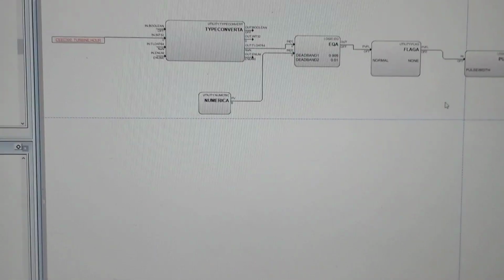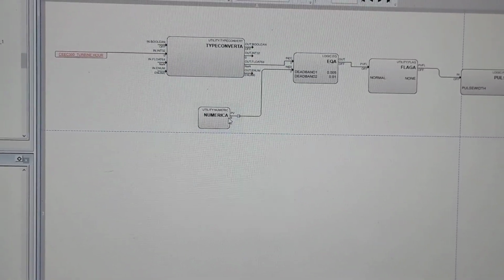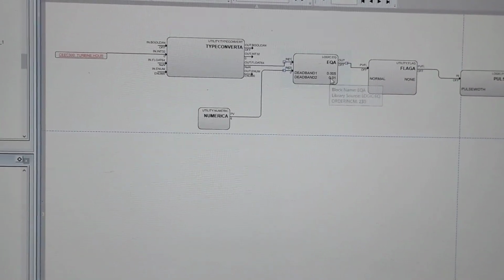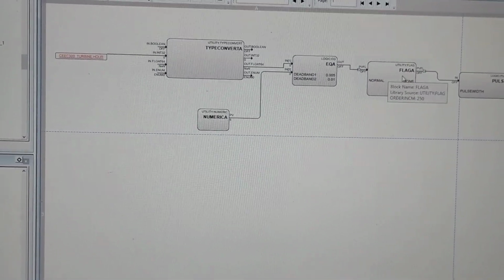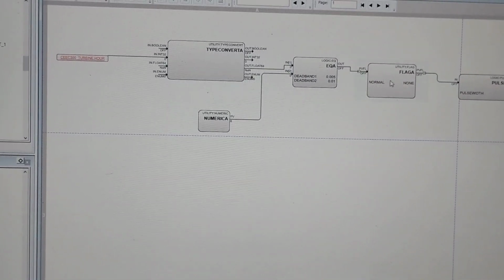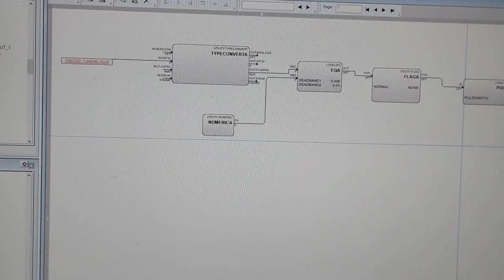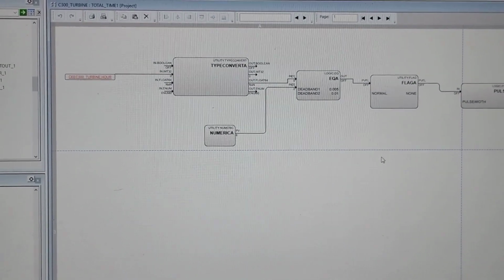When these 6 values come here, if it passes 6 hour, this will also pass the 6 hour, it will get both values equal, and it will put this pin high and it will generate the flag high and get low again, then it will pass the 2-second pulse, and we will use it in the totalizer.